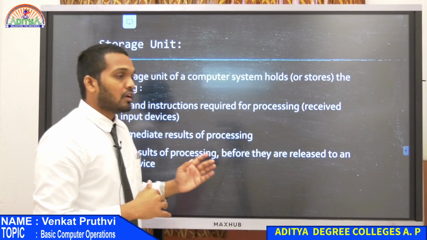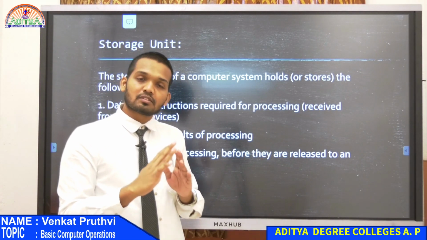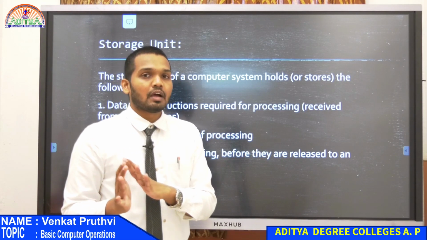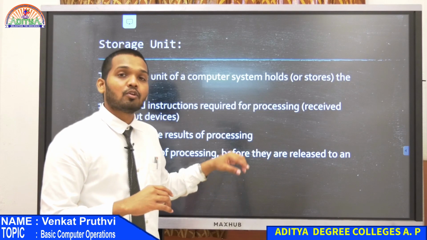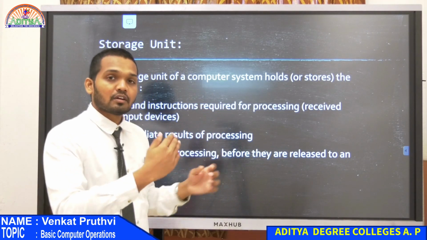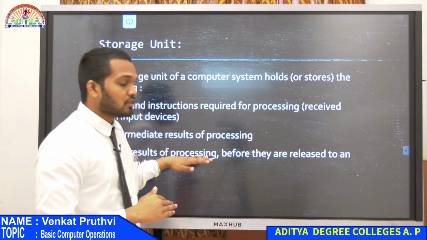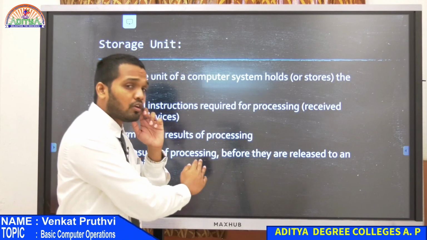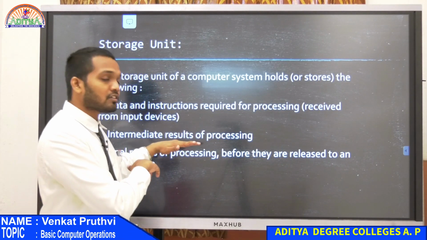Now, what will happen if there is a task T1, it is only performed 50%, there is still 50% required to be completed. At that point, the CPU requires some other data from the user, and only after the data is provided by the user the remaining 50% task can be completed. Now what will happen? The task is on hold. Now 50% is processed, right? That is your intermediate result of processing.